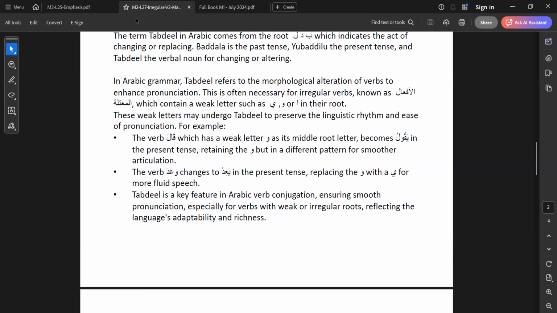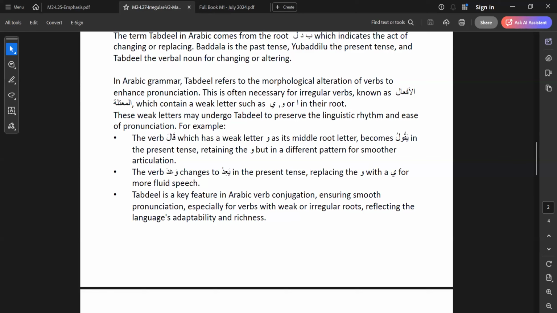Stands for the Mithal. Mithal is the one where the weak letter appears in the beginning. And then Ajwaf is the one where it's in the middle position. And Naqis is the one where the weak letter is in the ending and the word becomes short as part